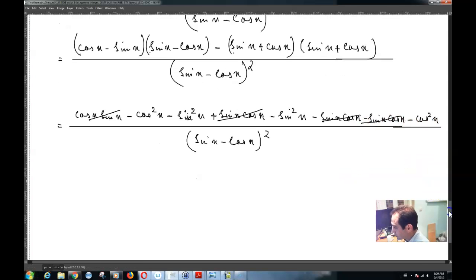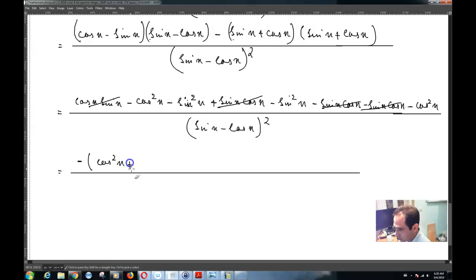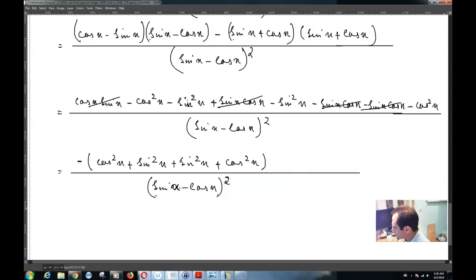If I take a negative 1 out of the numerator, I will get basically negative of cos squared x plus sin squared x, over here again sin squared x plus cos squared x, over sin x minus cos x raised to the second power,